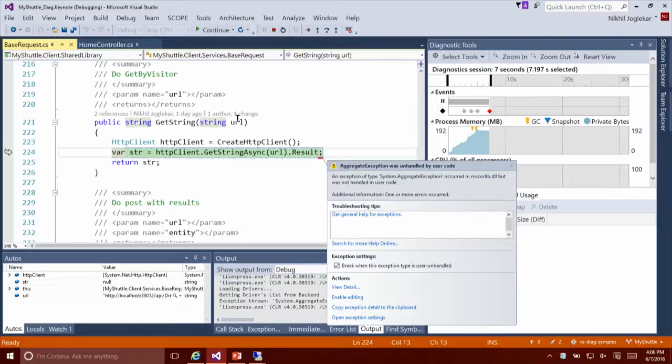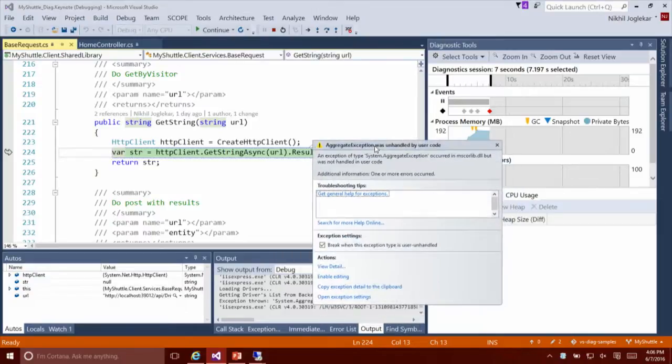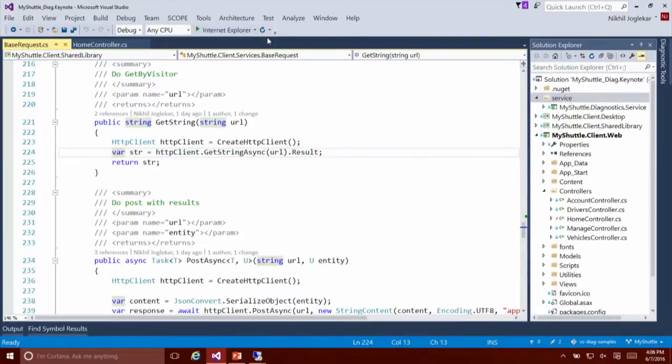Casey, did you remember to start the service? No, thanks for reminding me, Nikhil. So I got this exception because I hadn't started the web service yet. And we just use that web service to talk to our backend to get our driver information. I could right-click on the service itself and start that up individually,